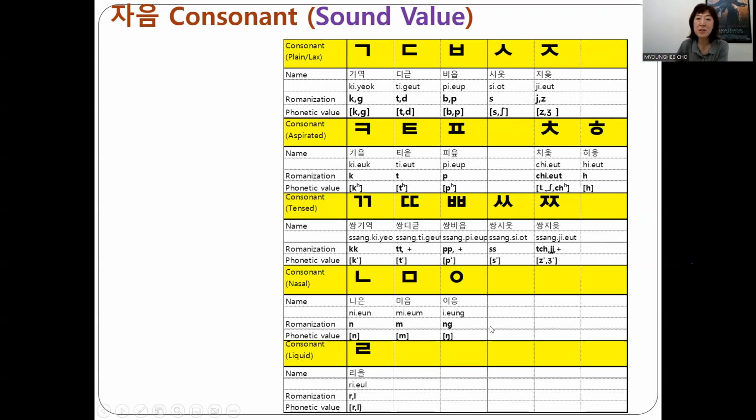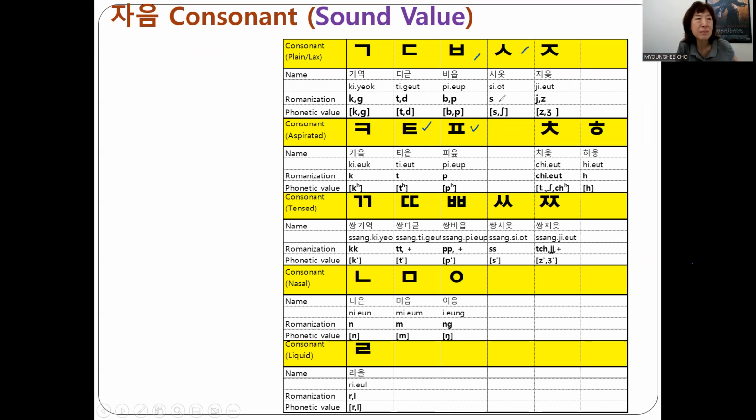Okay. First, I will talk about the first two categories. 그 in garden, 크 in cake, 드 in doctor, 트 in teacher, 브 in boy, 프 in paper,